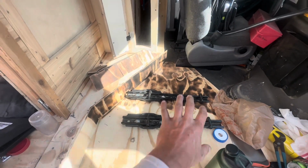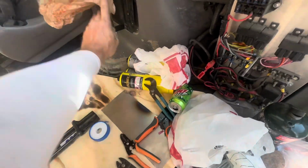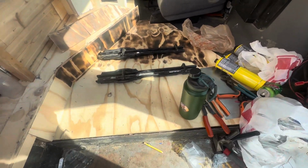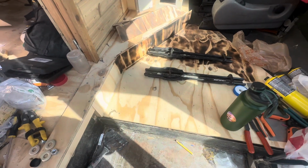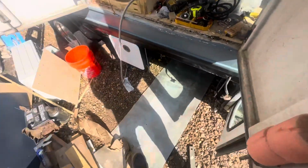Well, if you remember, I was really excited about burning all that, but I went and bought MAP gas, and that still didn't quite fix my problem. And I figured out the tips that I was using, one of them is much older than I am, just weren't working. So